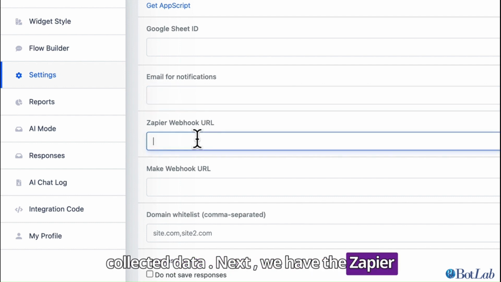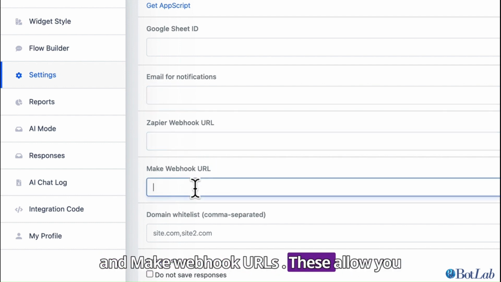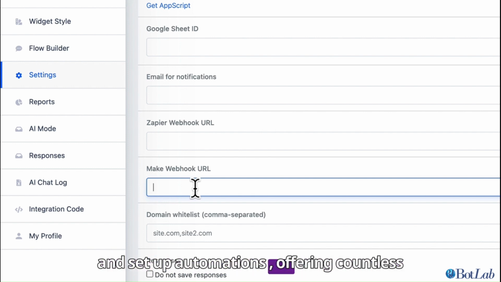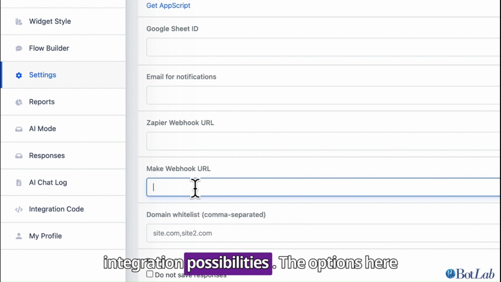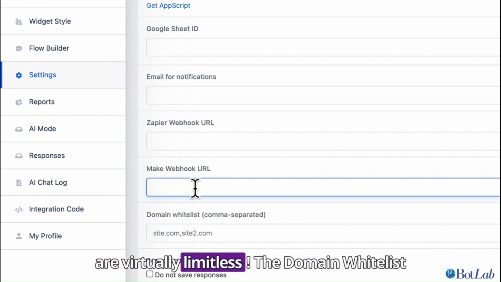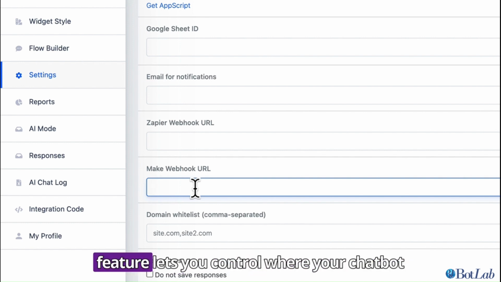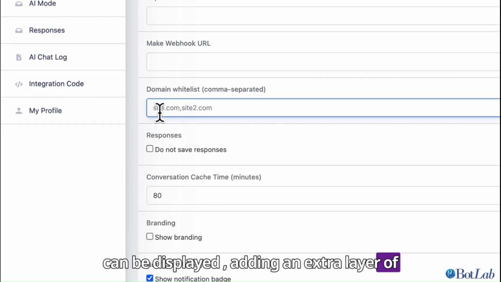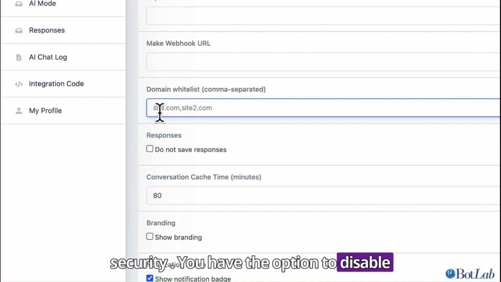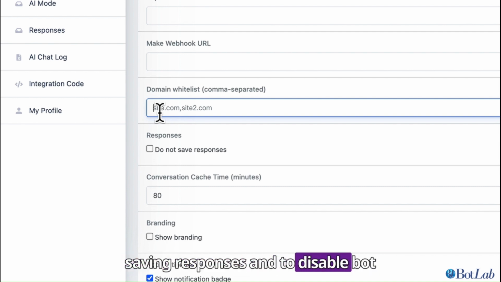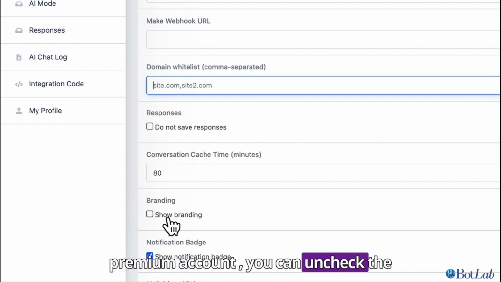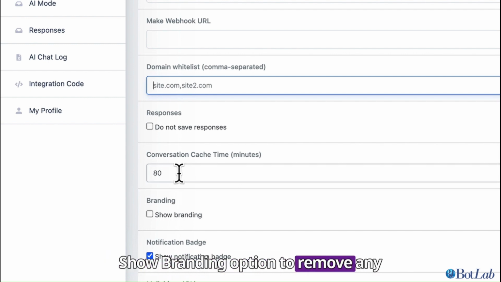Next, we have the Zapier and Make webhook URLs. These allow you to connect your bot to a wide range of apps and set up automations, offering countless integration possibilities. The options here are virtually limitless. The domain whitelist feature lets you control where your chatbot can be displayed, adding an extra layer of security. You have the option to disable saving responses and to disable bot notification icons. And if you're using a premium account, you can uncheck the Show Branding option to remove any mention of our